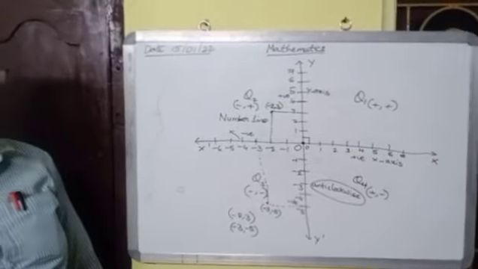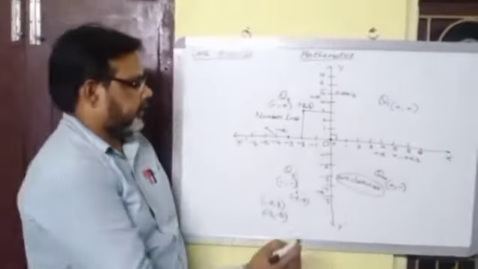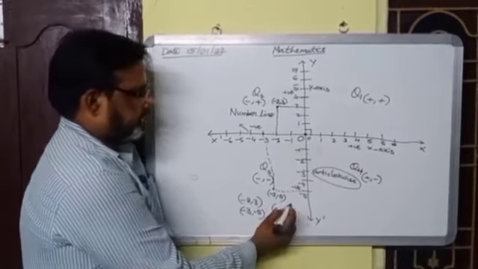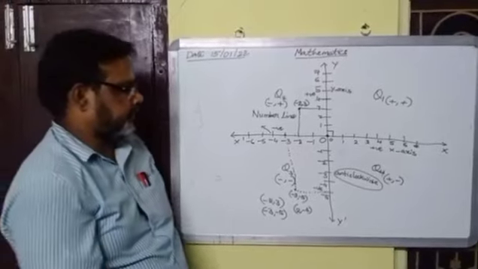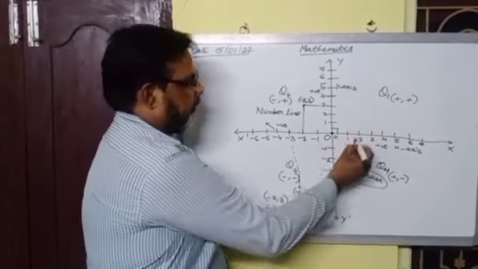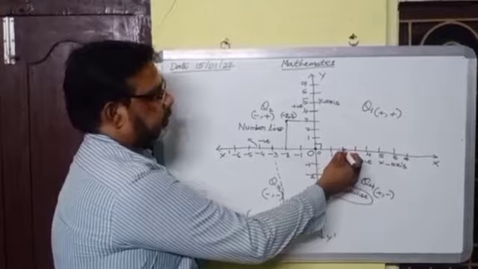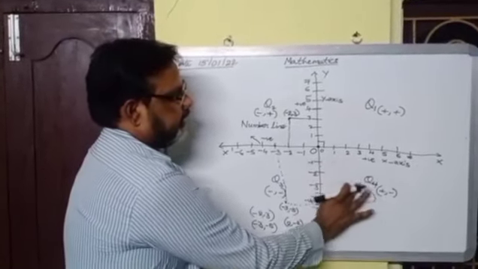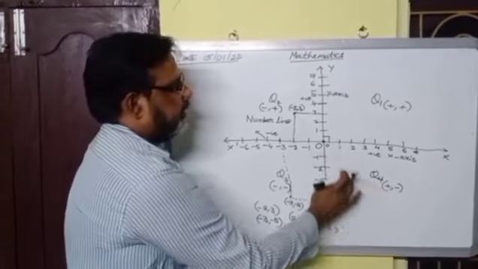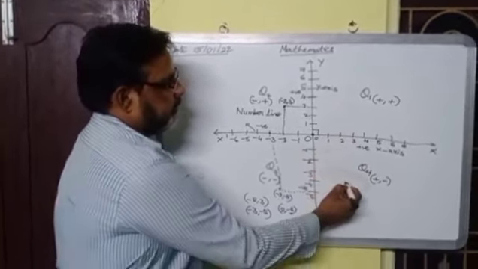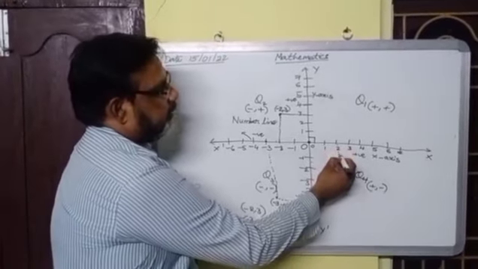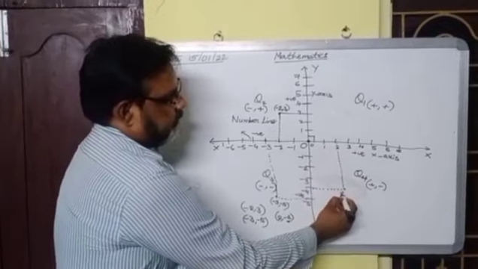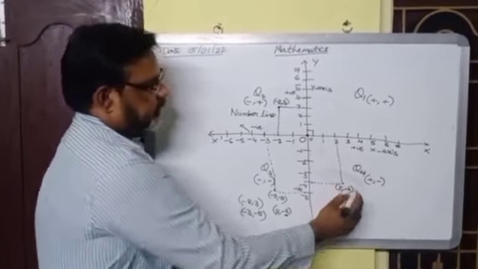Now we can represent the point 2 comma minus 4. Where can you represent this point 2 comma minus 4? X is positive and y is negative here. So this point you can represent here. 2 comma minus 4. Here this is the point. So I am keeping the dotted lines here. 2 comma minus 4. So every point